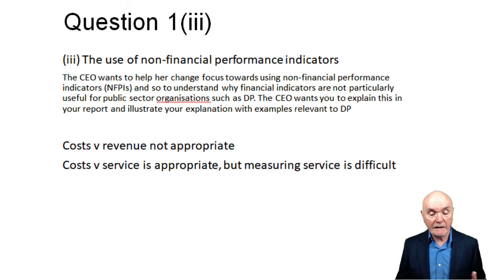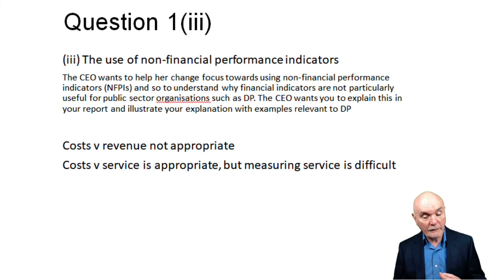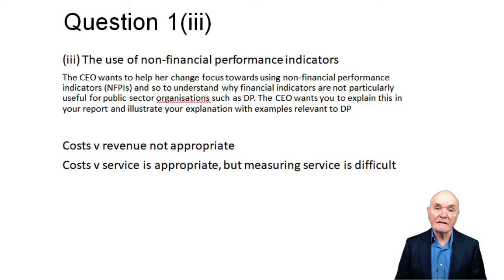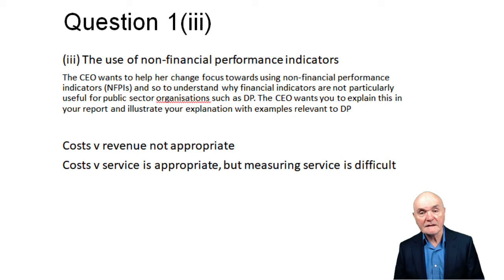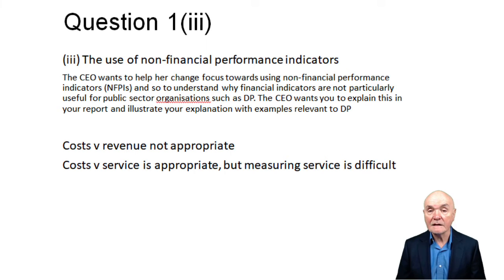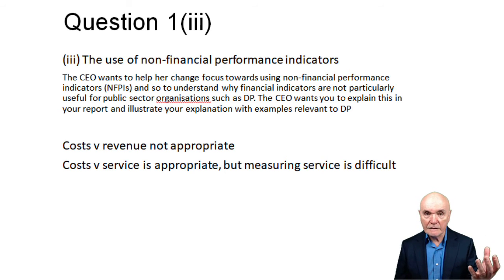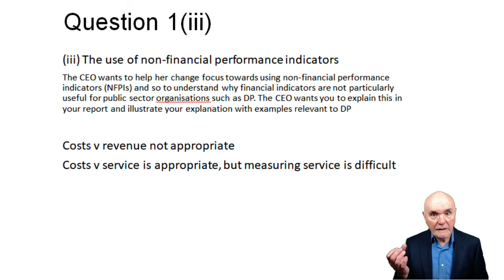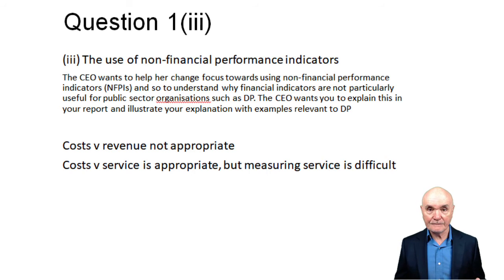But you would be looking here, for example, at the number of complaints. So if the number of complaints against the police goes up, if it goes up out of proportion with other statistics, then it's very important that we keep an eye on that. Again, we're nearly being thrown back to part two a little bit here. We could say that the rate of solving crime is a non-financial performance indicator, but nevertheless, there's public money going into a service. We need to have some handle, if you like, on what the public, the taxpayer, is getting for that. There's only 7 marks going for that.